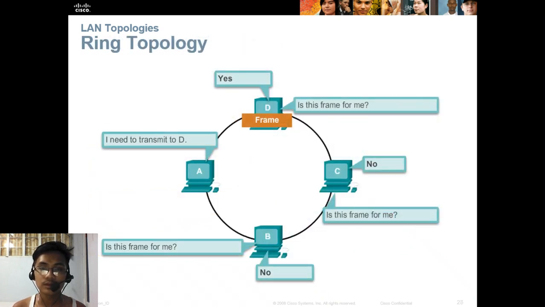So, ring topology. The desktop A will send the frame for D in this example. It goes into desktop B. So B will ask if the frame is for